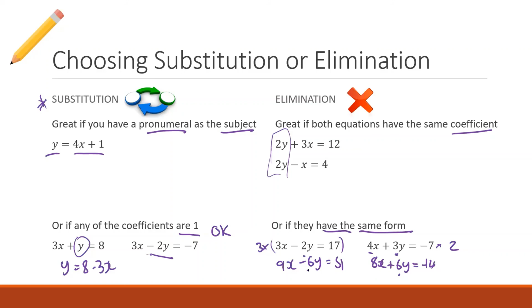All of these, by the way, if you want to, you can come back and solve them. I've actually made sure that each of these 3 equations are solvable, and they do have solutions. I wanted to do that just in case I got carried away and thought, hey, I might as well solve these. So if you want to do them later on, you can. But that's the idea. Whenever you've got a coefficient of 1, I would go straight for substitution. When you have weird coefficients, I go elimination.